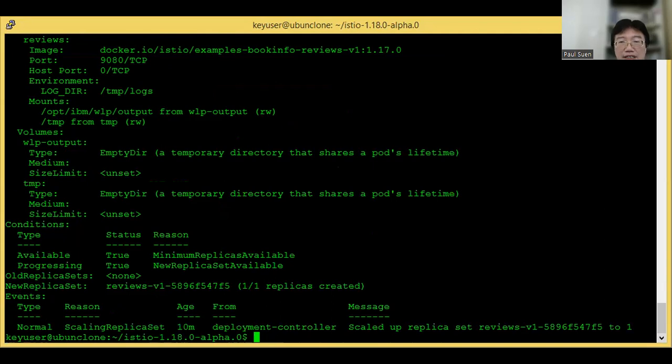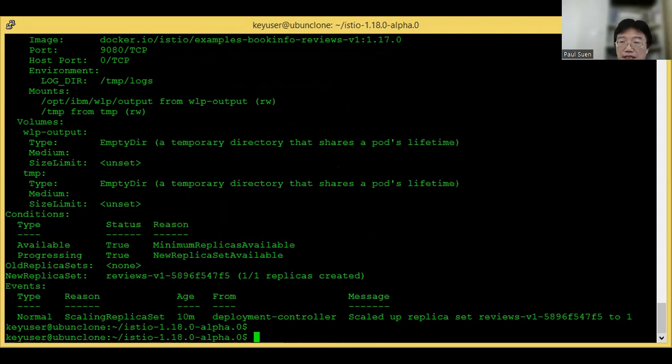The same findings also apply to version 2 and version 3 of the reviews pods. So you can see from the command here, the service account bookinfo-reviews is the one that connects the waypoint to the reviews pod.